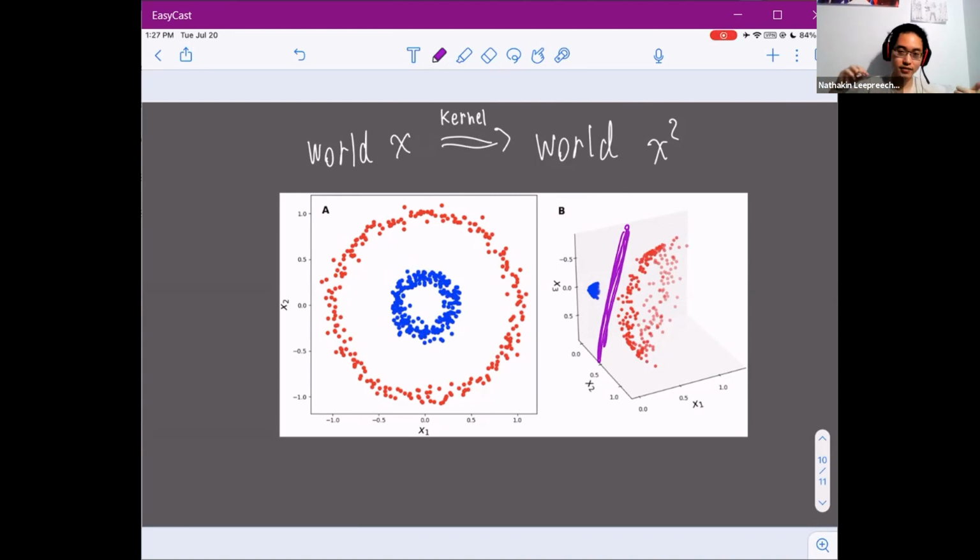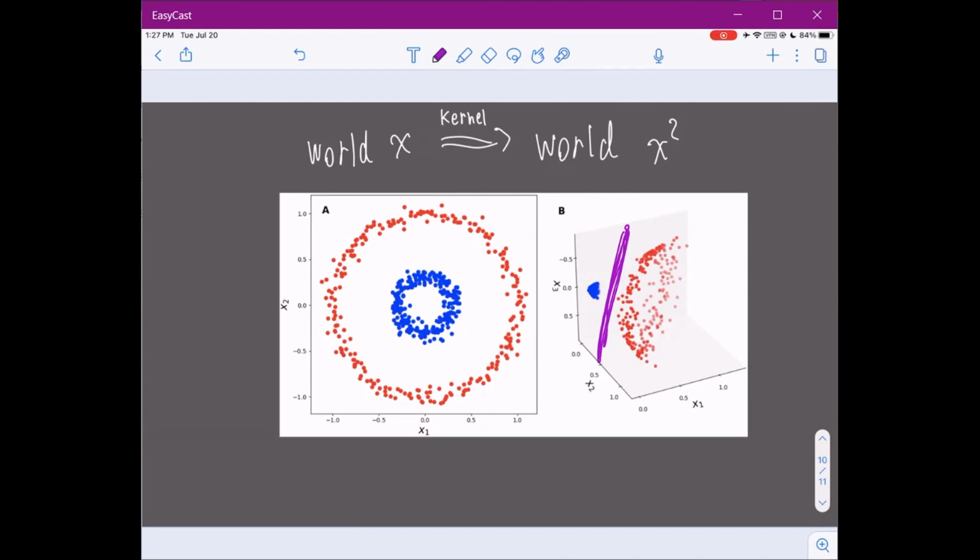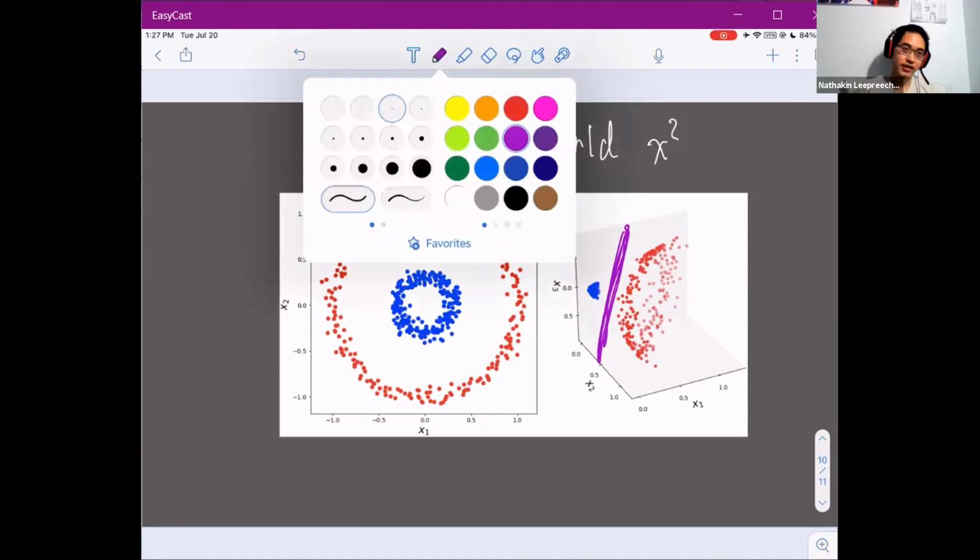Make sense with the idea? Thumbs up, question, concern, comment? I guess I have a question. What does the kernel do to allow you to convert it to x squared? Yeah, so they are totally different